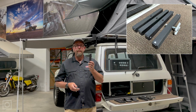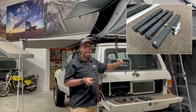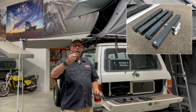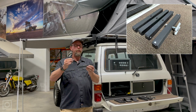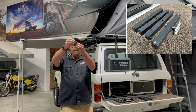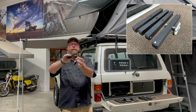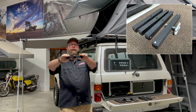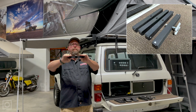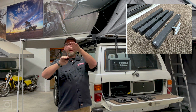What this is designed to do is to go on an Eezi-Awn K9 rack where there are spaces between the slats. You slide this into the bottom of the tent where you want it. You take this piece of tubing, rubber side up, you slide the bolt down through there, in between the slats, you turn it 90 degrees and you tighten that up. So what you end up with is a slat on each side with this mount in there pulling down on here, and this compresses the roof rack itself between this piece of tubing and the extrusion on the bottom of